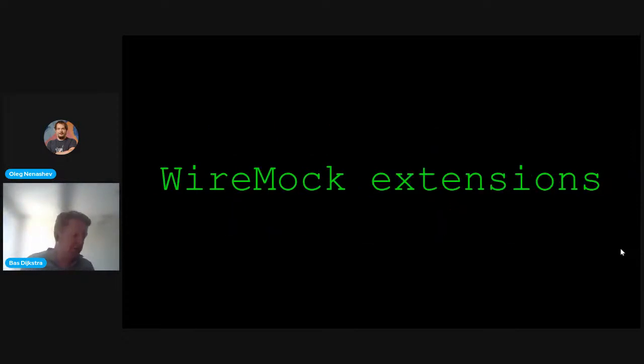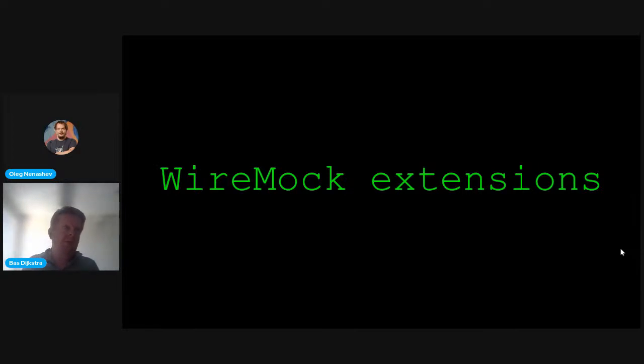But it cannot do everything. Obviously, there's no tool that can do everything. And this is where extensions can come in very useful. So Tom and the other developers have been working on WireMock.